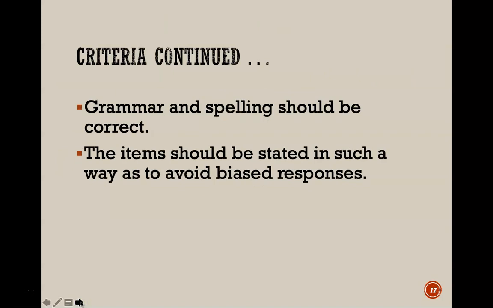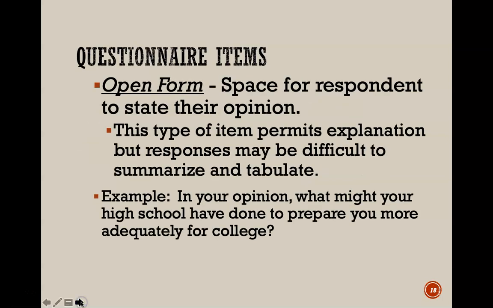Obviously, we always want to check grammar and spelling. And like I said again, avoid bias when at all possible. So on a questionnaire, we can have different types of items. One is the open form, which most of you are probably very familiar with. It is where you can give a short answer, or you can